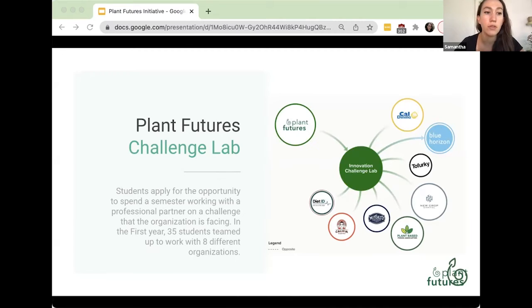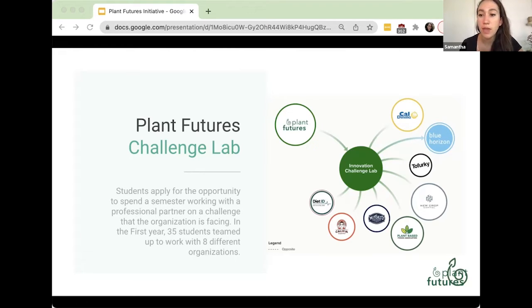And we had a total of 30 undergrad and graduate students from business, from public health, nutrition, data science, food science, and other programs who work together on interdisciplinary teams. And they had the opportunity to work directly with mentors from leading plant-based food companies. So they got to work with CEOs, with the VP of marketing, with policy leads at these organizations, and had a really awesome experience on both the student and the mentor end.